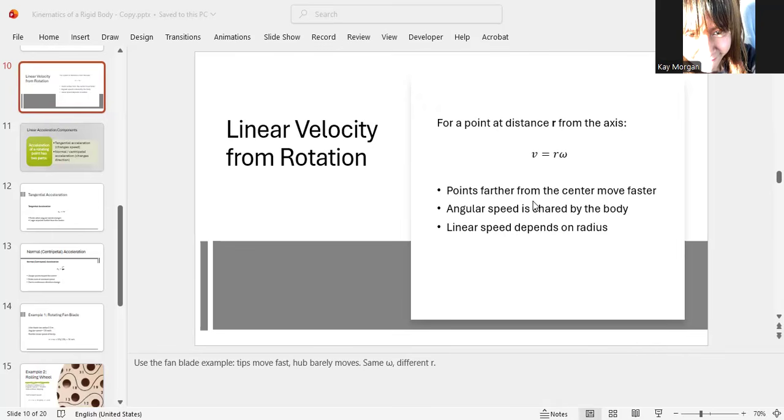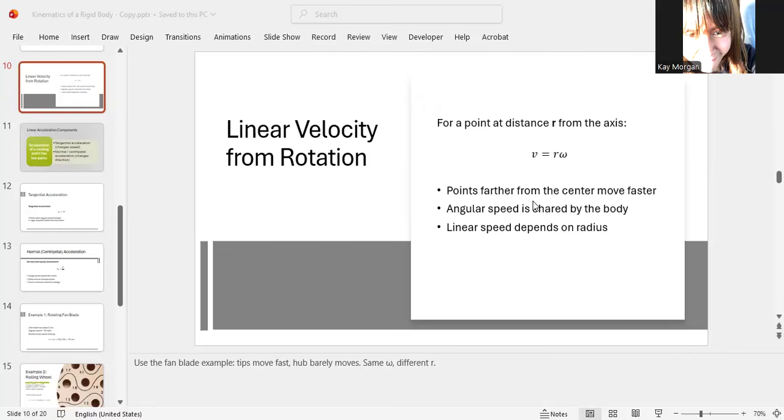So let's go back to the ceiling fan again. That's why the tip of a fan blade is going to move very fast. Now, of course, the ceiling fan is pure rotation. The hub, meaning near the center of the fan, is going to barely move. It doesn't move at all. It's just rigid. If you look at your ceiling fan very carefully, you can see the axis, the center, doesn't move. It's only the blades moving around it. And of course, the tip is faster than the root of the blade.